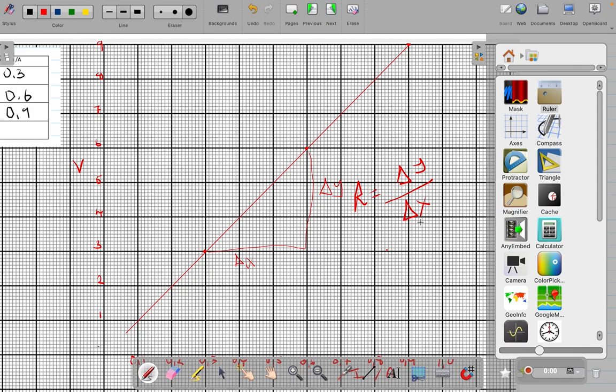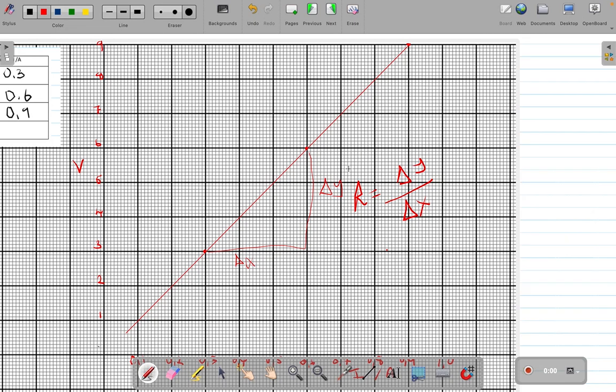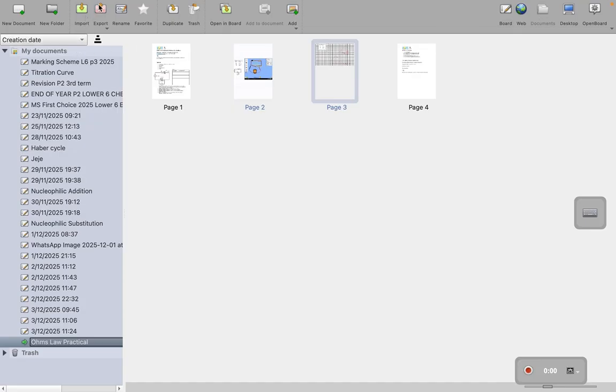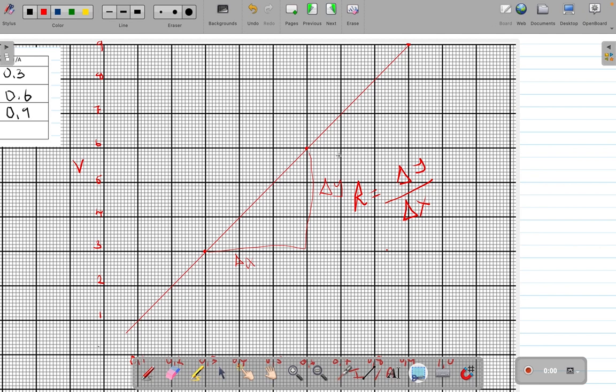After doing this, you can also export your document as PDF by going to documents, then clicking export. So export to PDF. Okay, so guys, I think